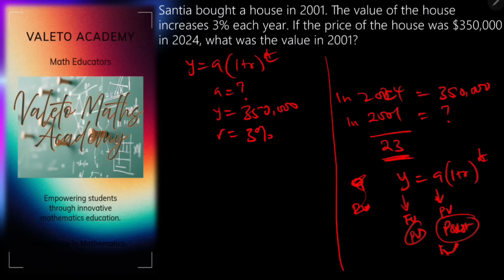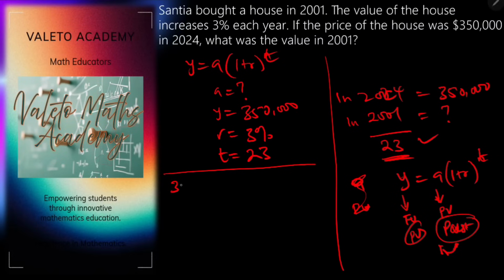What else do we not know here? The time it has taken will now be 23 years from here. Okay, 2024 minus 2001 is 23 years. All right. Okay, so if we know all this, the next thing is to lay them properly in the